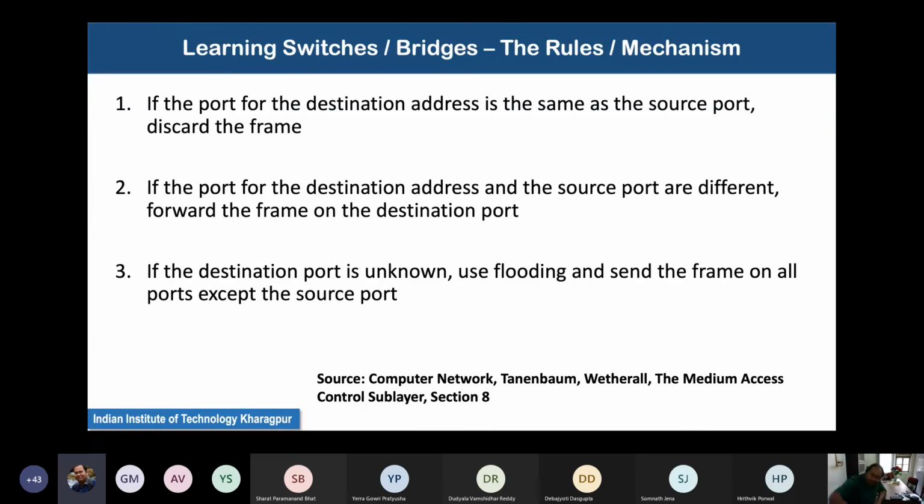One interesting fact about Ethernet networks is that earlier, when there was a bus topology, you used to receive all the frames destined for different machines connected to the common bus.